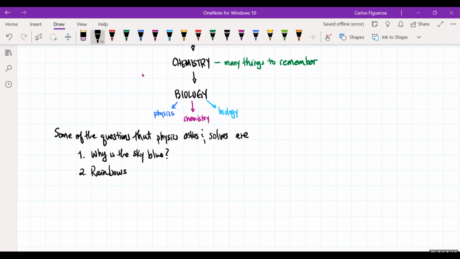Now you could go online and you could read about rainbows, right? You can look at images and of course they're quite beautiful and you might even see 2 or 3 rainbows in the sky. I think the maximum that I've seen is 3. So 1 rainbow and then there's secondary rainbows. But what people fail to realize is that with rainbows, you may not realize that if you have a single rainbow,